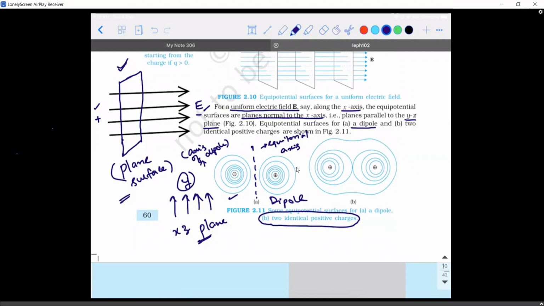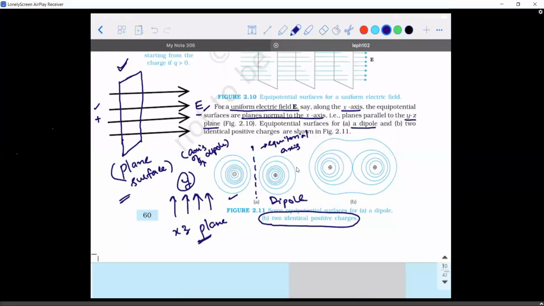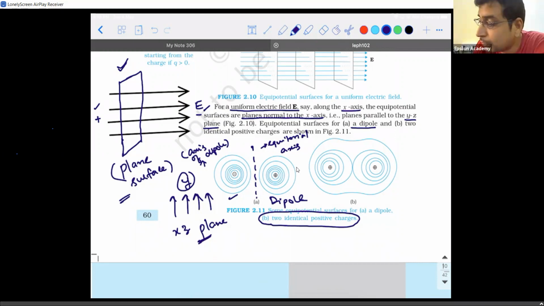Sir, for two positive charges, how does it attach, sir? See, how does it attach means because, see,